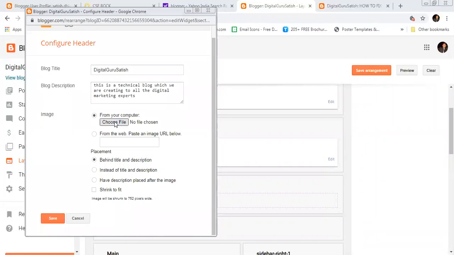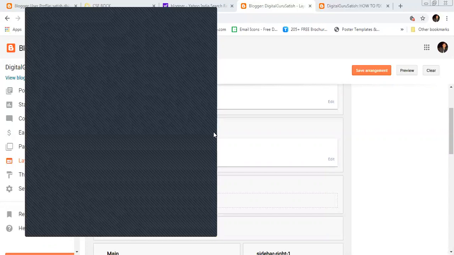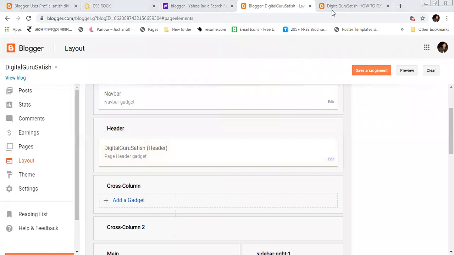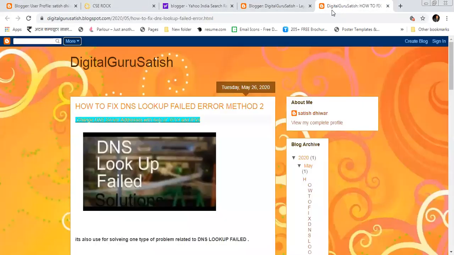If you want to keep, I will keep this. Use this. Save it. Okay, in Digital Guru Satish, you can see here. Sorry, we did not save our arrangement.